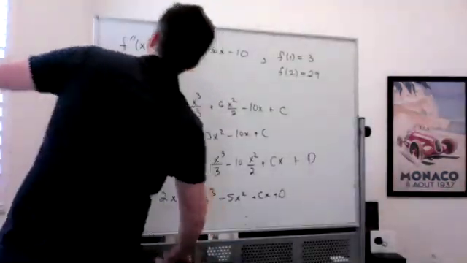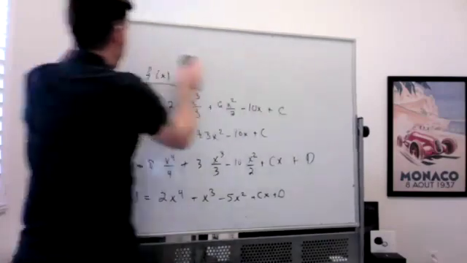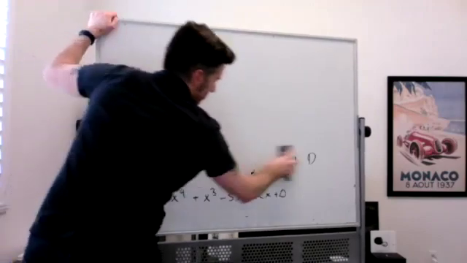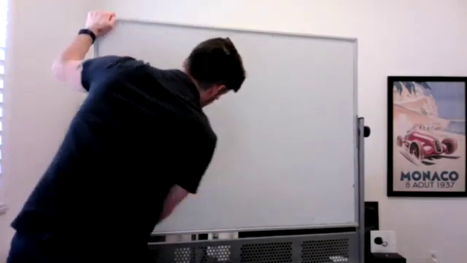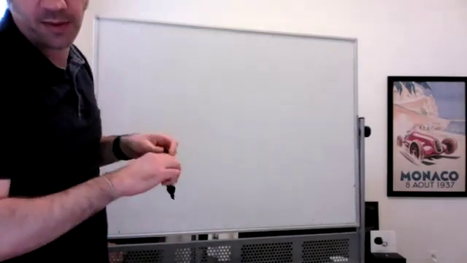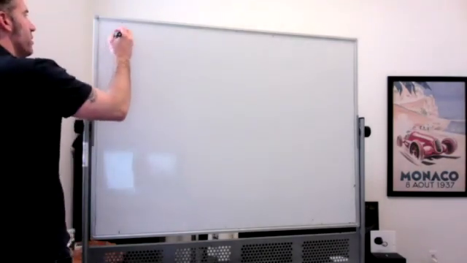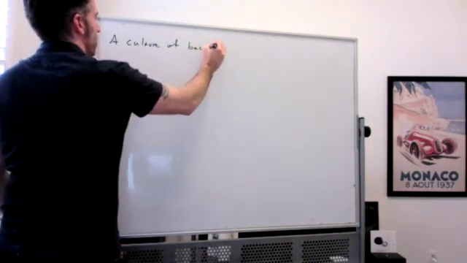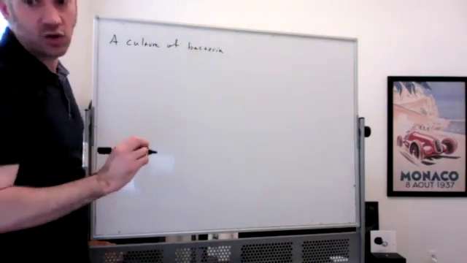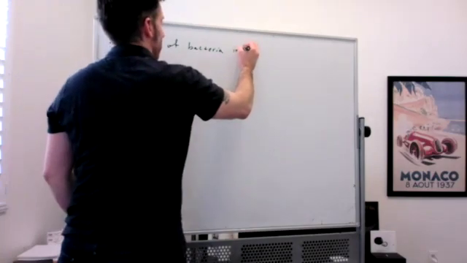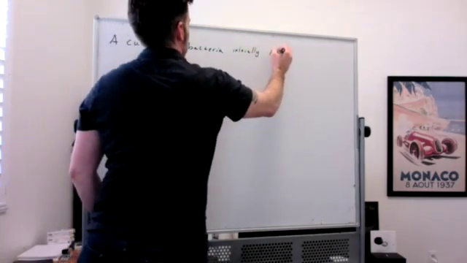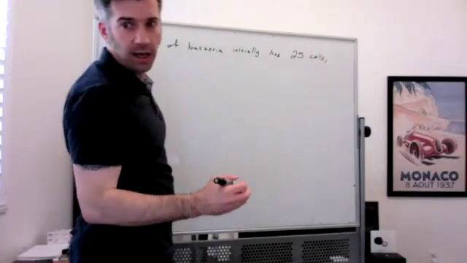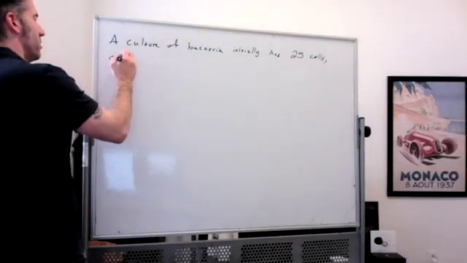So this is a question from the textbook. It is question 41 from section 4.6. So here is the setup. A culture of bacteria initially has 25 cells. And t hours later,